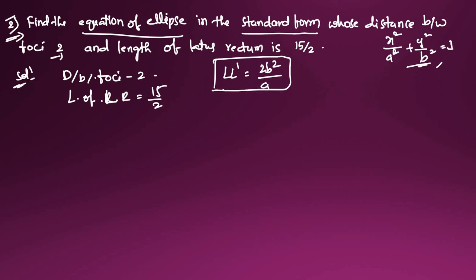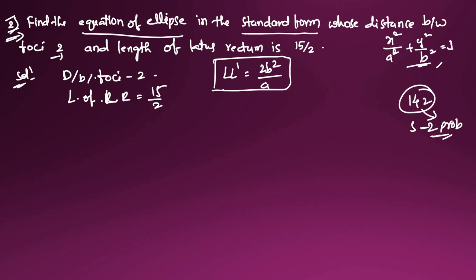For this second question, I am looking at page number 142, solved problem 2. There you will find this type of question, so please go through that one, where the given length of the latus rectum is equal to 2b square by a. That I am using here. And after that, what is given here is b square equal to a square into (1 minus e square).